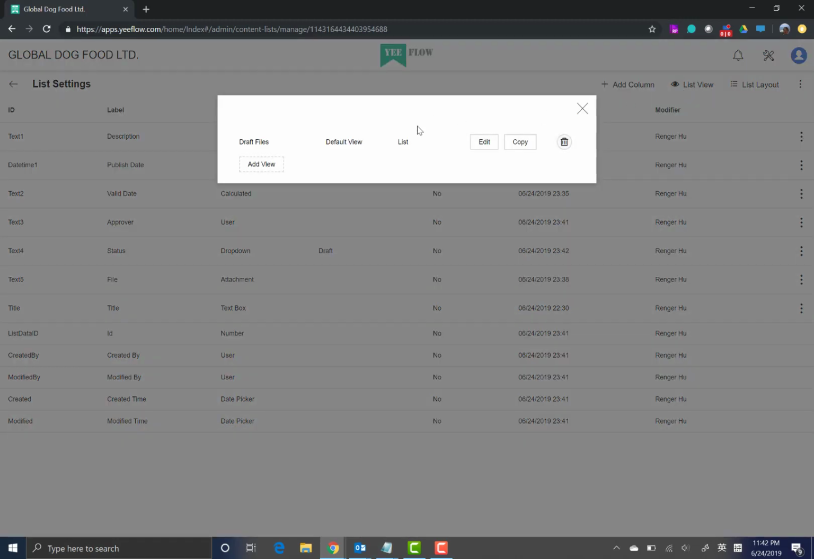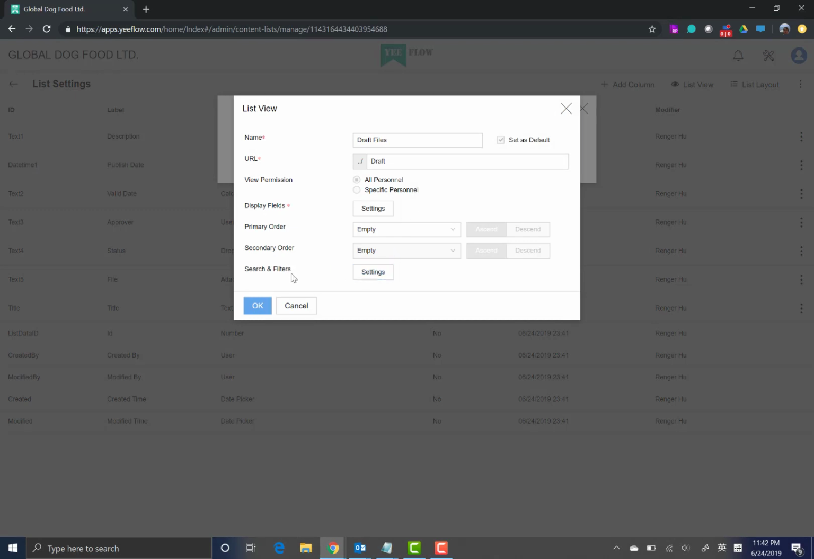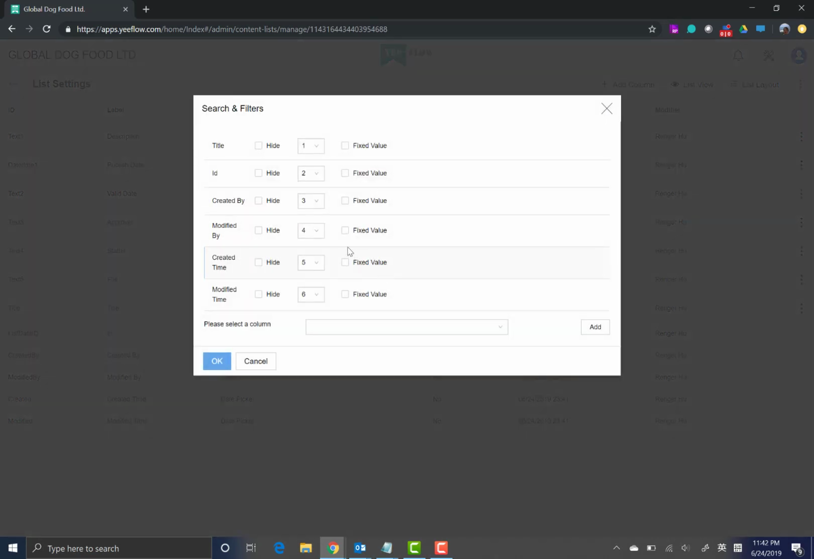So we're going to have the different views. First one is a draft view, draft files, and click edit, search the search and filter condition, and let's say the create by is a fixed value equal to, let's say, me. So that means for the current view, only the files, the items that are being created by the current user